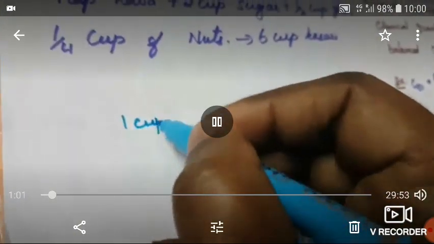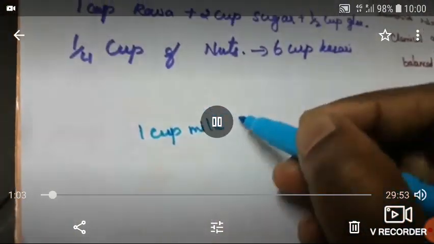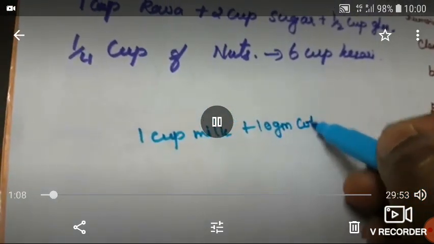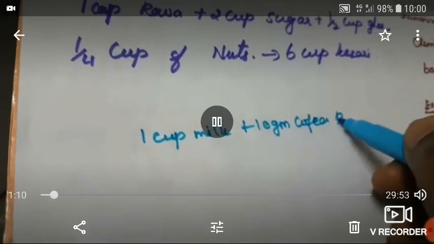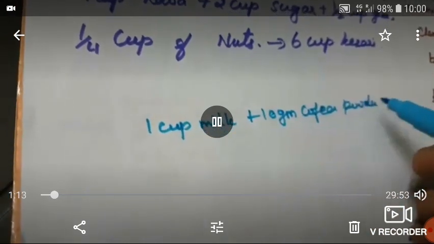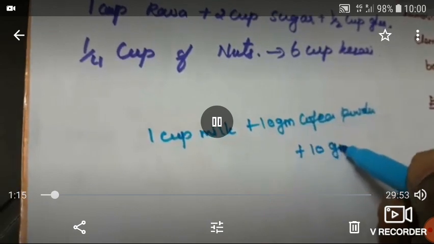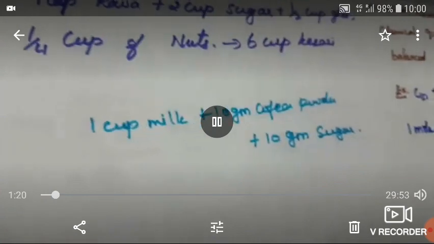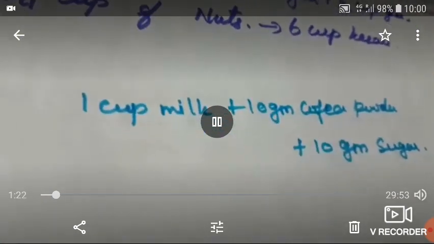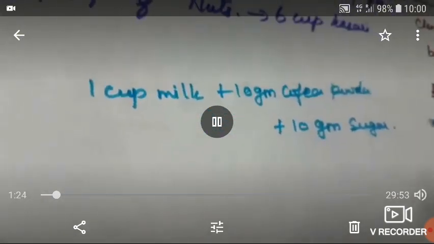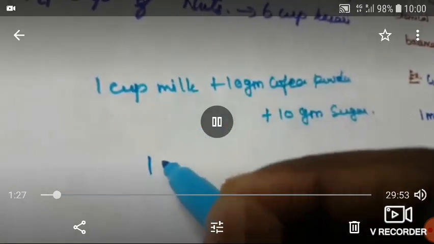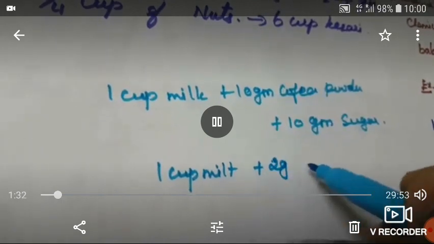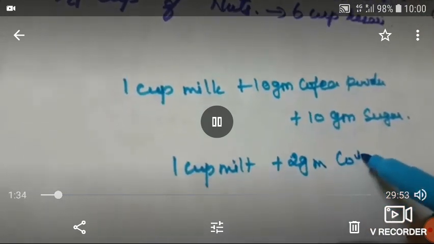So that is 1 cup of milk, then 10 gram of coffee powder and 10 gram of sugar. Okay, so 1 cup of milk, 10 gram of coffee powder, 10 gram of sugar. So now we are preparing 1 cup of coffee. We need 1 cup of milk plus 2 gram coffee powder